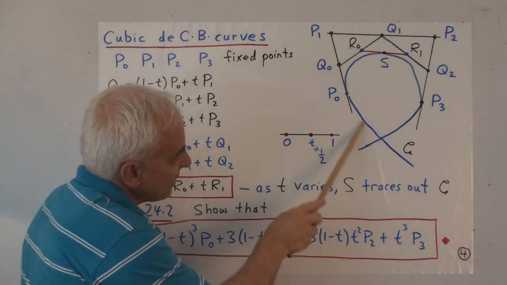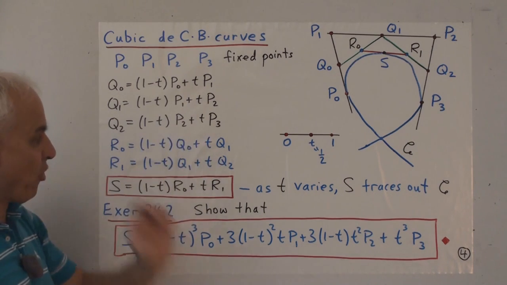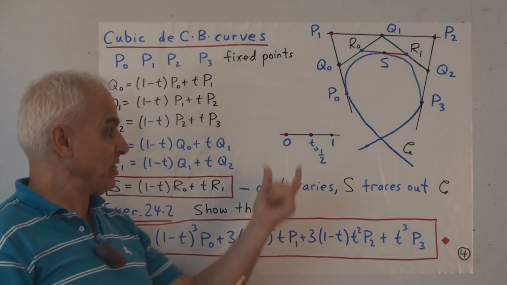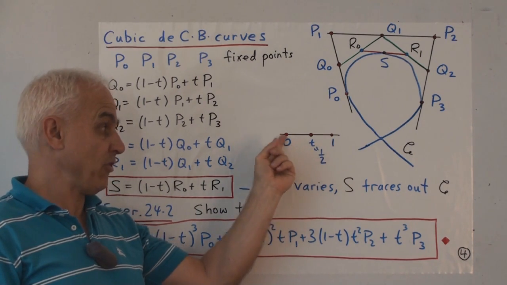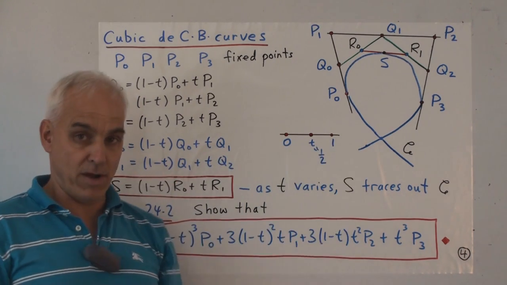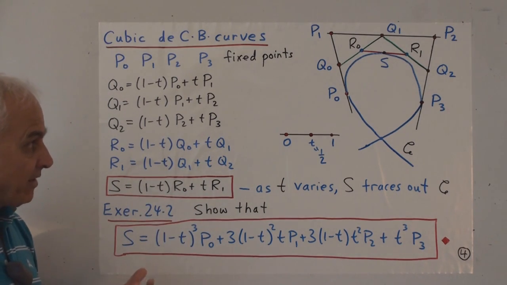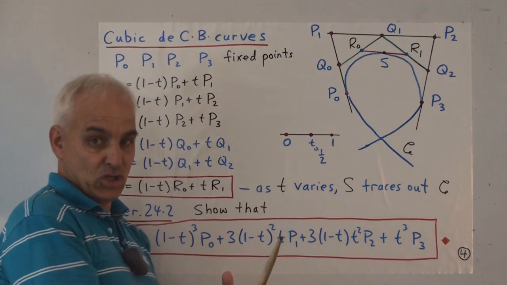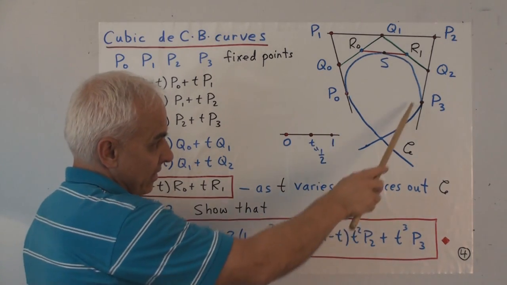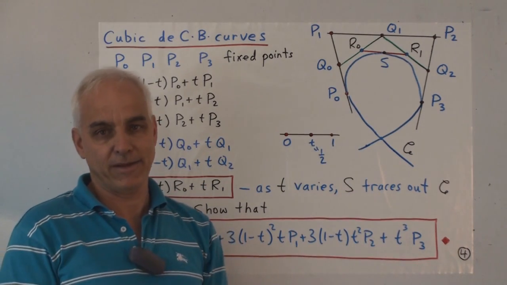What about the extents here? What's happening there? Well, there's nothing in the formulas that actually restrict t to being in this interval. t could also be less than 0 or bigger than 1. In that case, this formula is still going to be valid, and then the point S will trace out sort of the extension of this curve, which is like this. It's in fact a cubic curve in the plane.